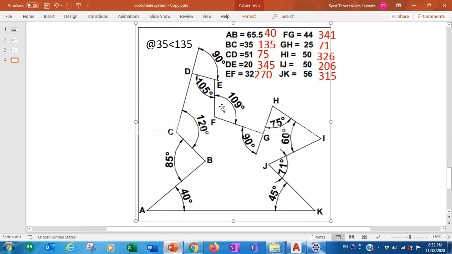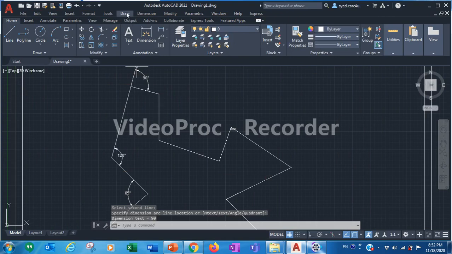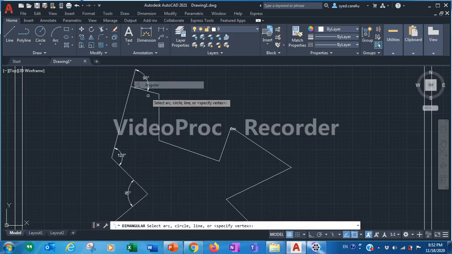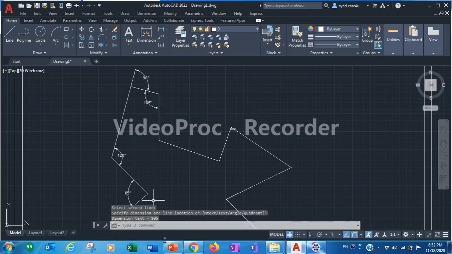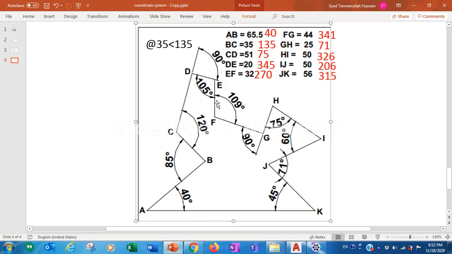Next, this angle 105. Dimension, angular, click on the first line, click on the second line. This is 105. Next, this angle 109.